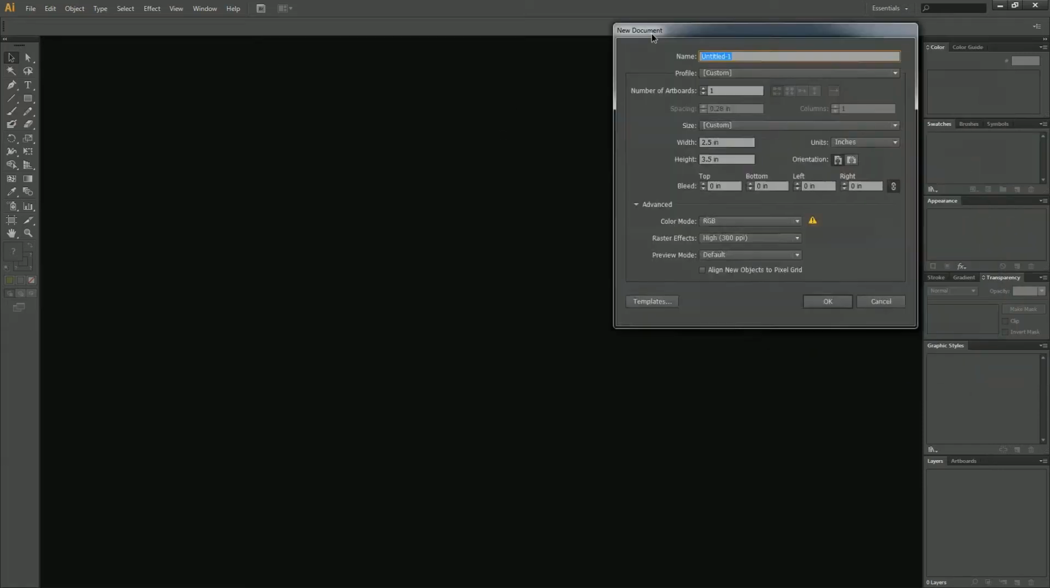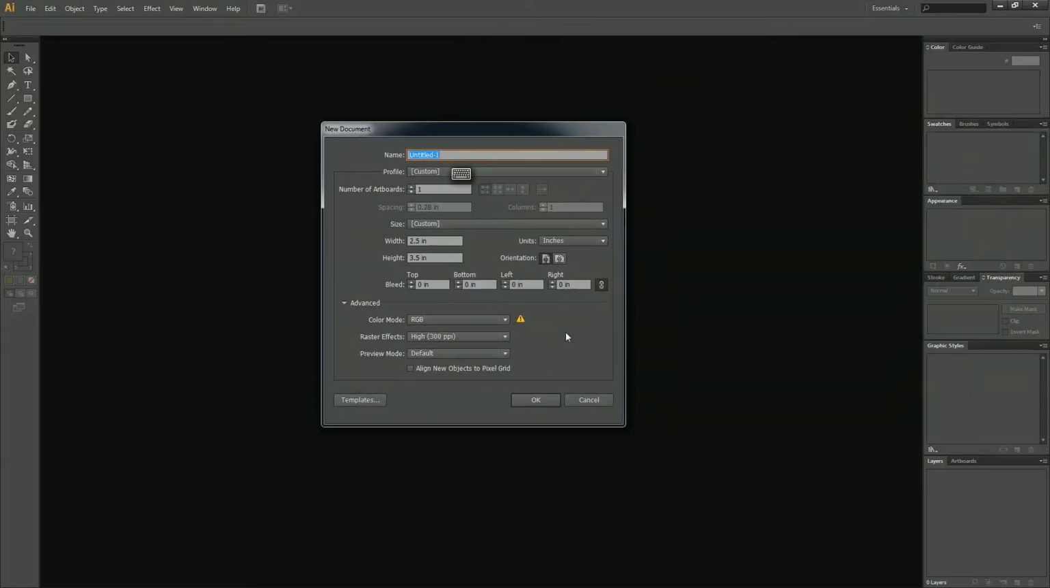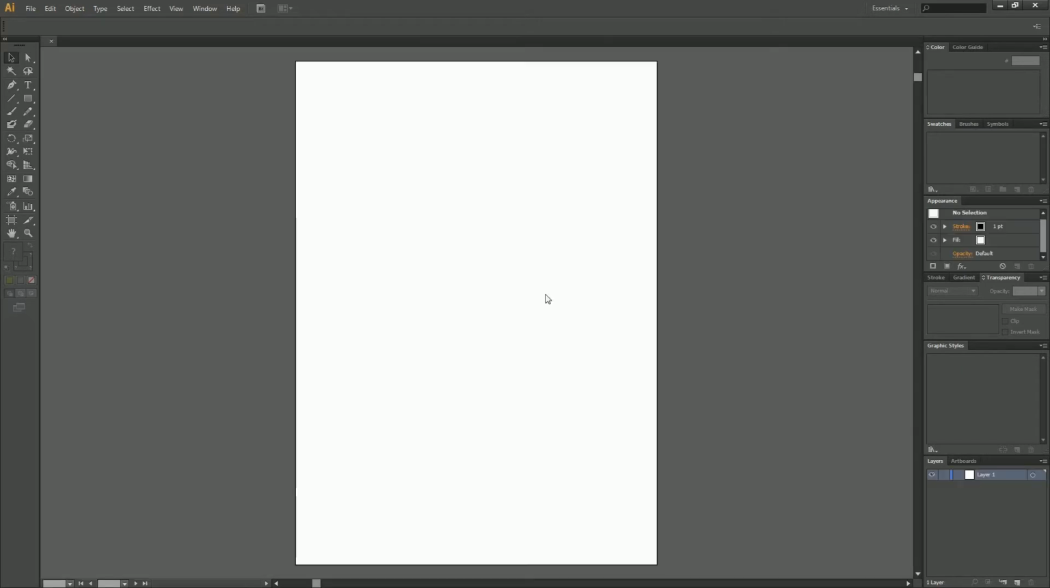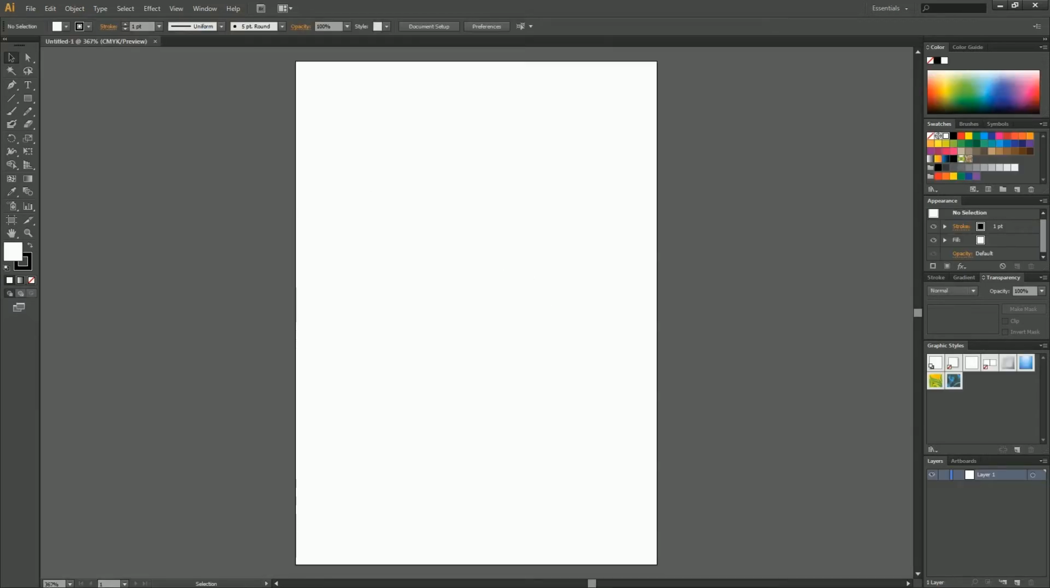all the way over here, make sure your settings are right. Color mode, I like working CMYK. Go for it. And first things first, a good practice to get into when you are making anything, if it's